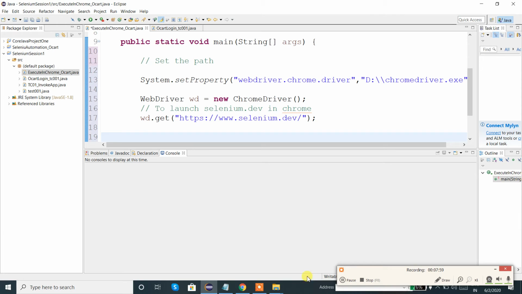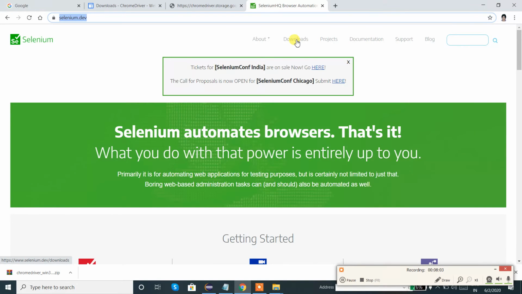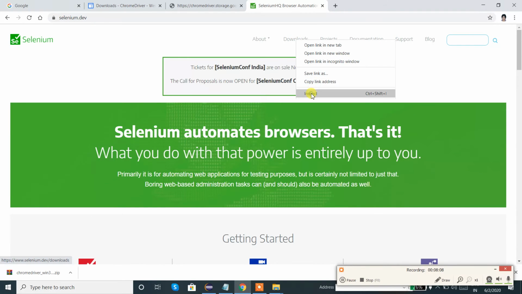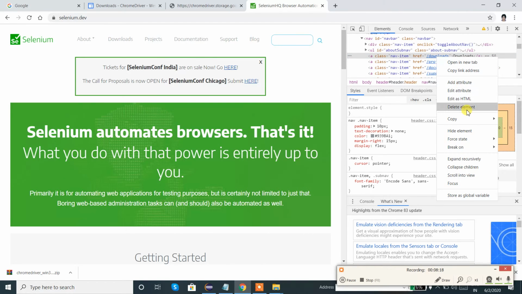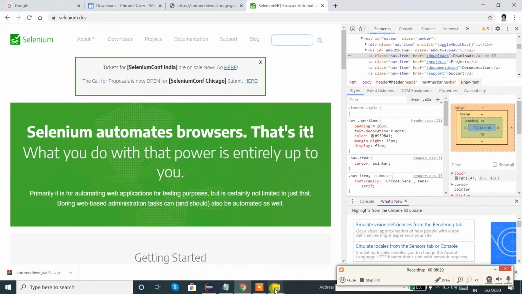Now if I want to do something else in this application, let's say I will click on Downloads. So let us inspect this to check whether the inspect element is working or not. Downloads is here. I am just going to copy the XPath. I can use full XPath, I can use XPath. Let me use full XPath this time.